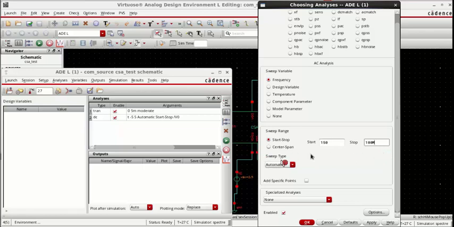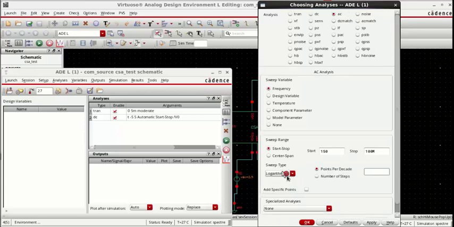Okay. Now here sweep type, in which type do we want. Normally it will take linear, but you know that for frequency response we take logarithmic. So automatic and logarithmic. Now it will ask for the points per decade. So we are going to select 20 points per decade. So just write 20, it will take automatically, and apply. So you can see that here all the inputs are selected.